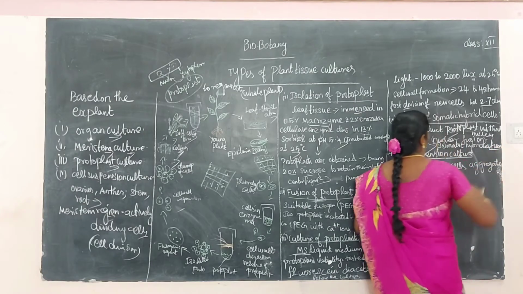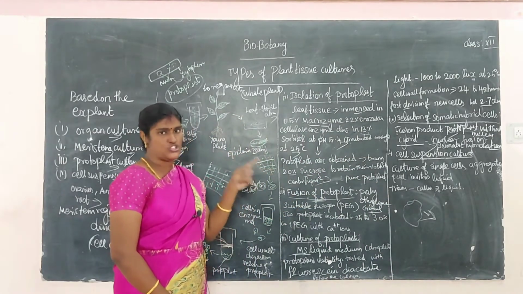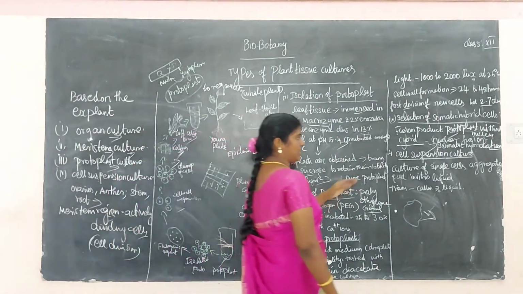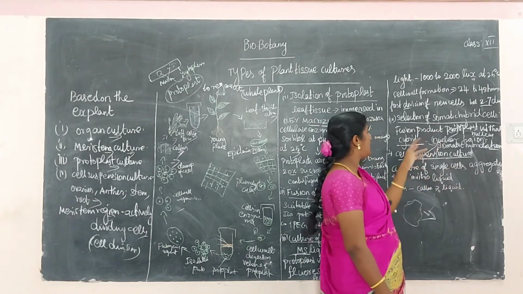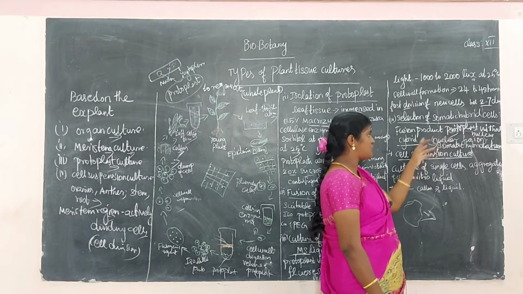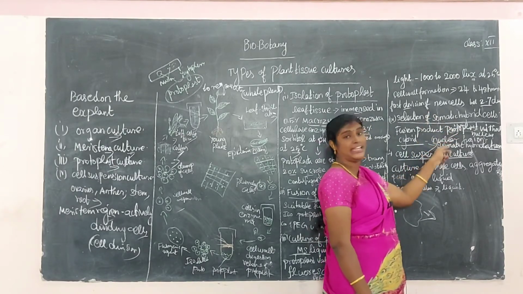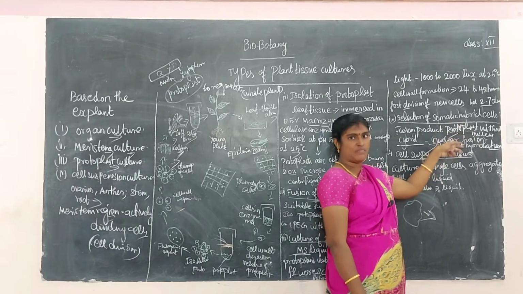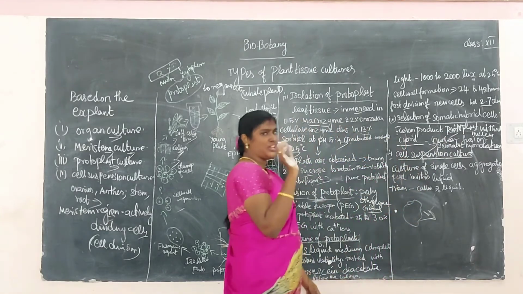Okay. So what is cybrid? What is somatic hybridization? They are asking 3 mark short answers, so learn thoroughly. What is cybrid? Fusion product of protoplasts without a nucleus is called cybrid. Next is followed by the nucleus fusion. Nucleus fusion means a fusion product of protoplasts with nucleus, that is called somatic hybridization. Do you know the difference between cybrid and somatic hybridization? Do you understand? Okay.